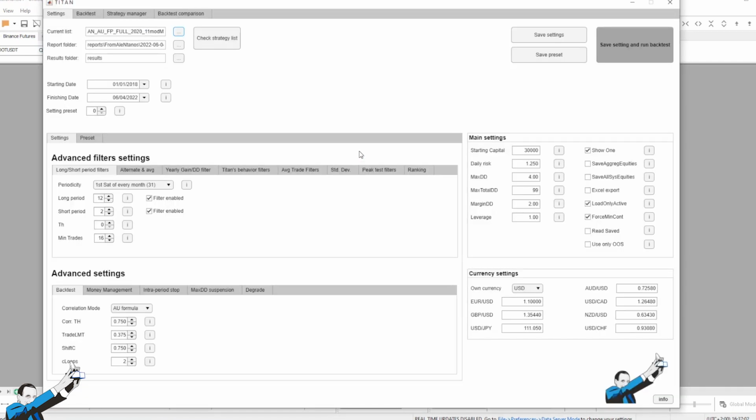We're therefore going to add a new list that involves the use of micro contracts. But what does this mean? Well, we're going to allow Titan to split our strategies created on the main contracts. So, for example, we may get a backtest that proposes to trade 0.1 contracts on crude oil. That means trading a micro crude oil instead of a whole contract. In this case, by putting a capital of 30,000 to give more room for strategies, we'll usually use more risk because we're already limited in our operations to use only micro contracts.